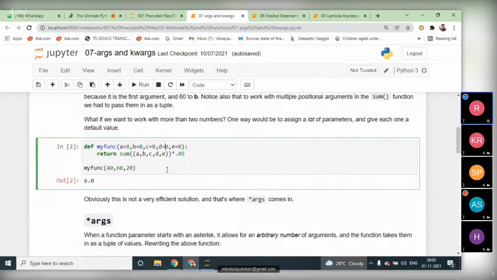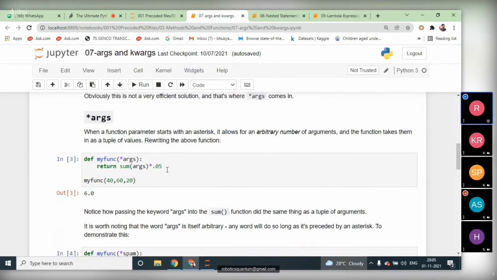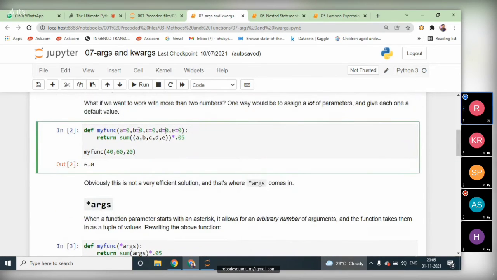Now variable-length args, star args, means that instead of creating default values for each parameter, for example if you have 5 parameters, we can write them. But when you require more than 5, like 100, we will face a problem while defining the parameters.